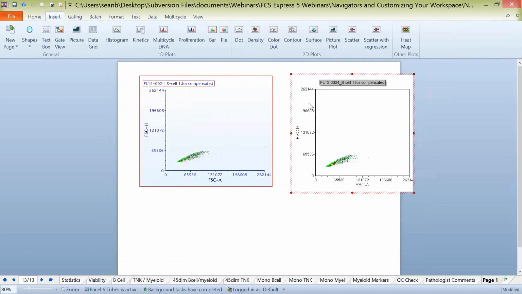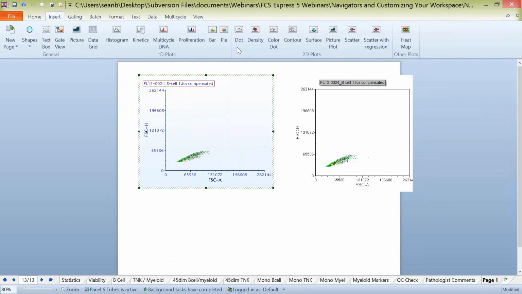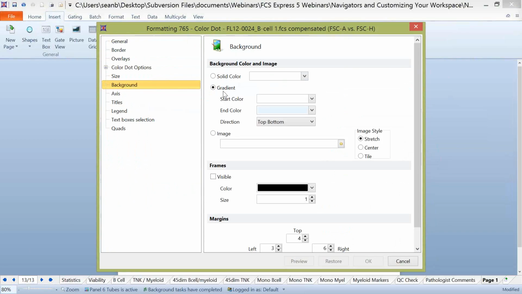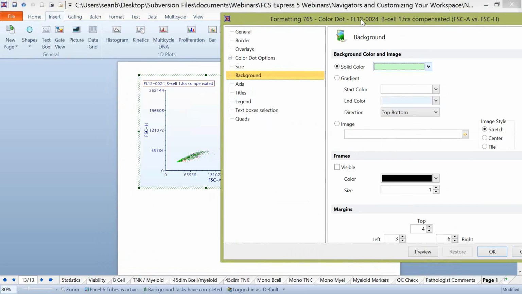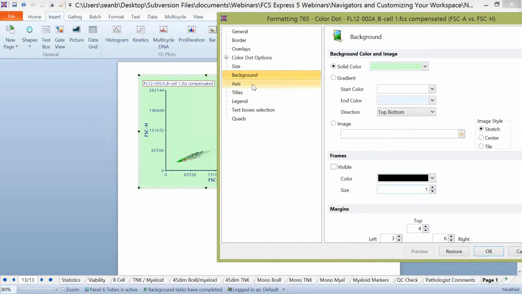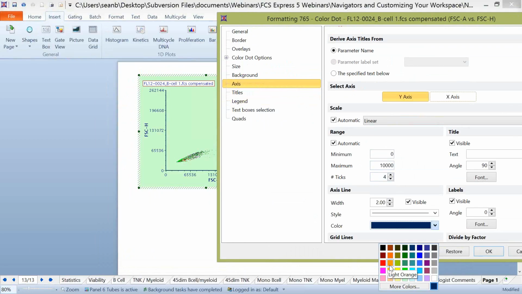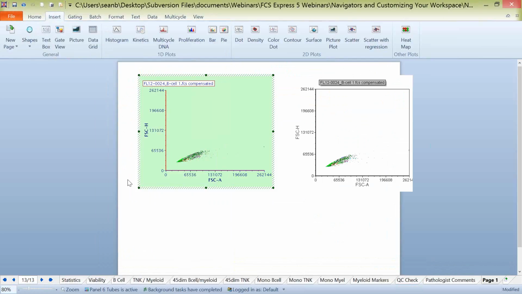Now, at any time, if you make any changes to a plot and you set a new theme for your plot, you can save that as a plot theme and use that over and over again. So if we decided, for instance, we'll right-click and format this plot, and for the background, instead of using a gradient, we'll use a solid light green color, so we can see that change. We came into the axes, instead of using blue, maybe we'll use red for one, and we'll use violet for another, and click OK. And you can see here that we actually have a red axis line and a violet